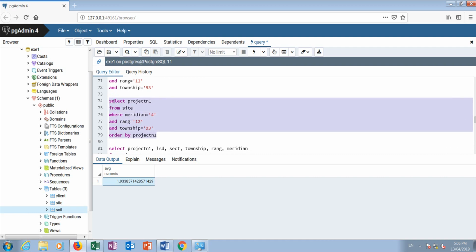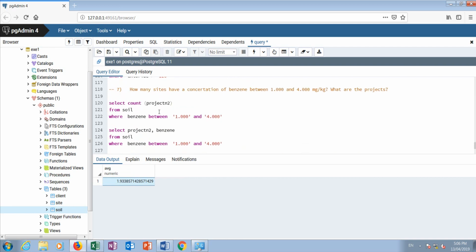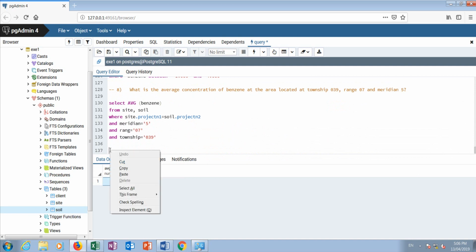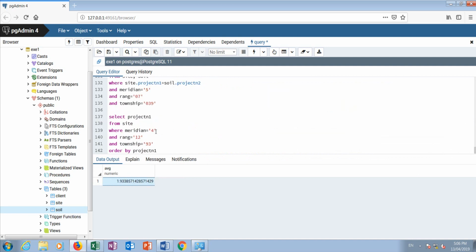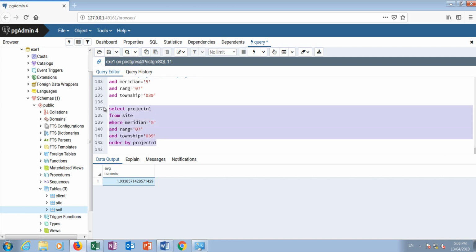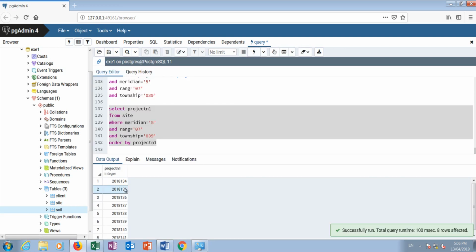It was this one. Okay, copy. Now paste here. Let's change the values. Meridian is 5, range is 7, and township is 39. We have 8 different sites,